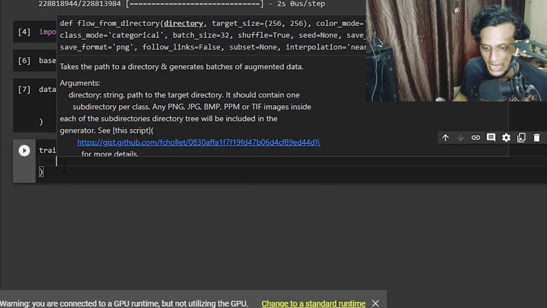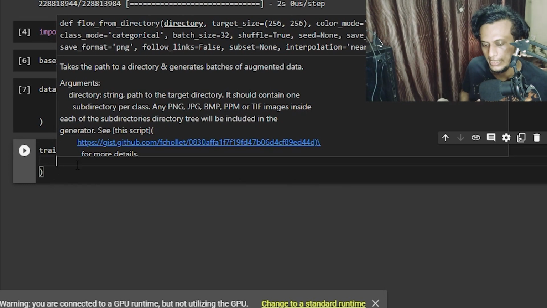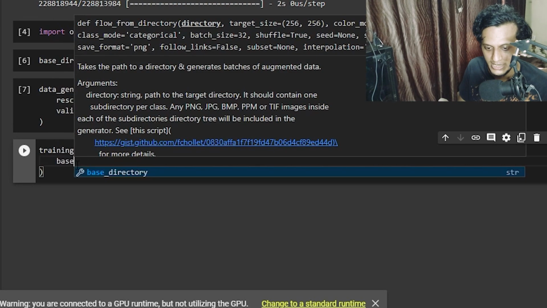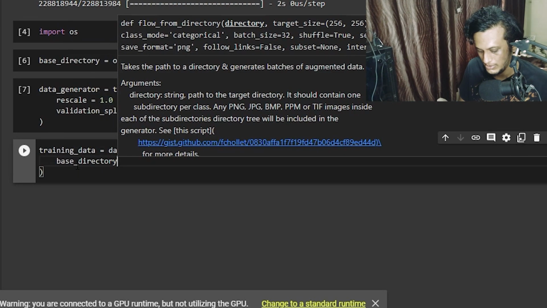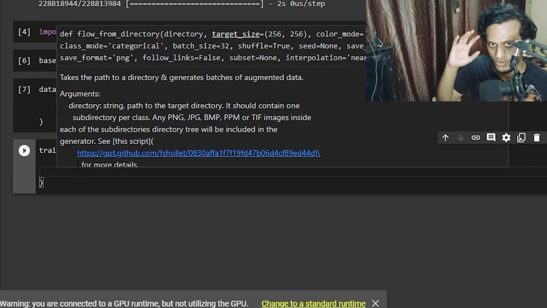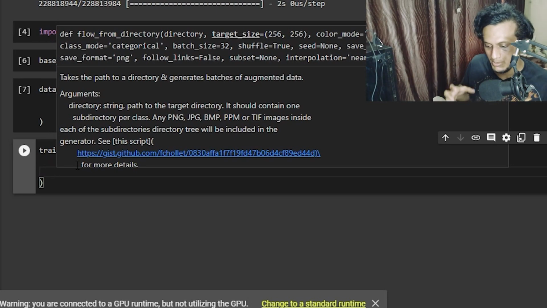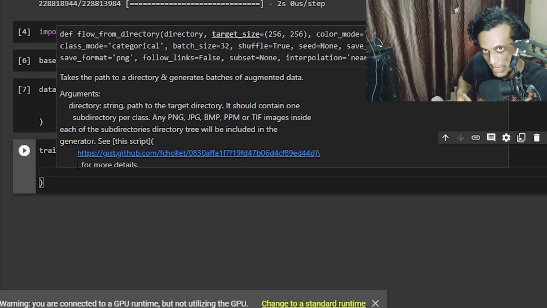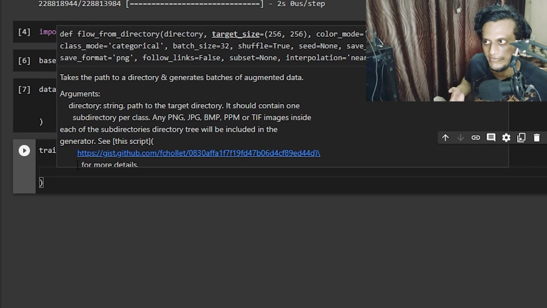And this is actually going to hold the location directory where I have my data, so I'll say base directory. The image data generator is going to basically prepare my data in order to be fed to the network in the form of training and testing. So that thing is being handled by this.